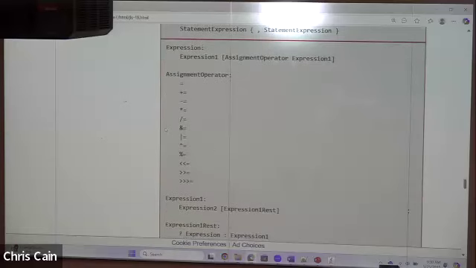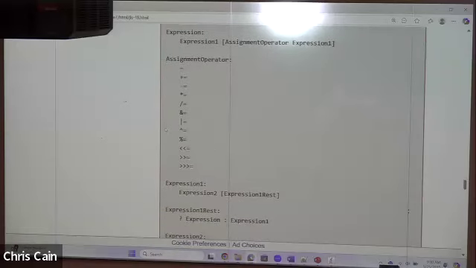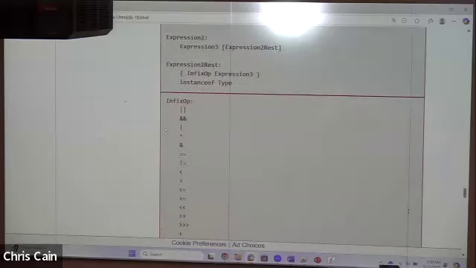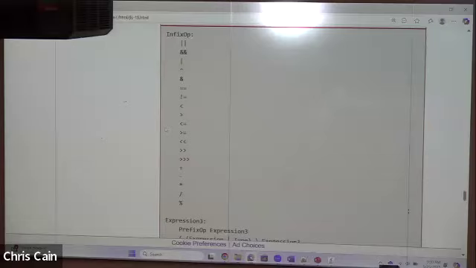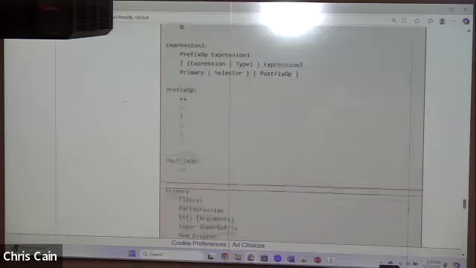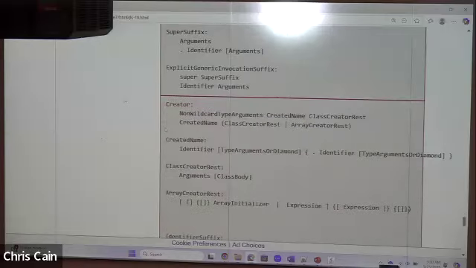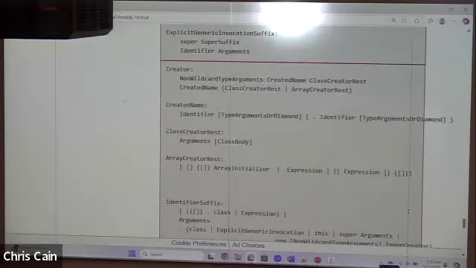Now look, all of our assignment operators. All of our infix operations. It's not the most useful thing to go look at. This probably doesn't get a ton of hits aside from professors in compilers classes wanting to show off what a